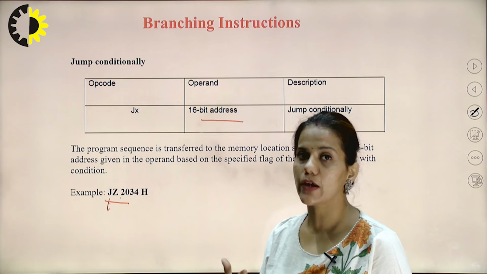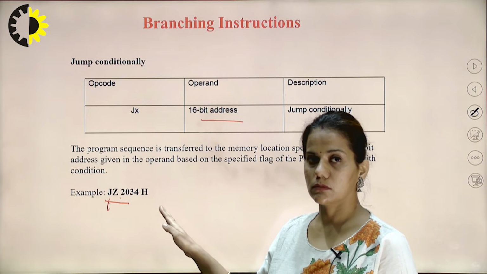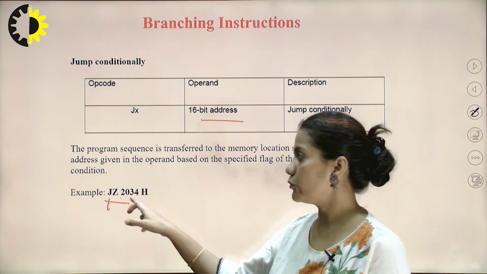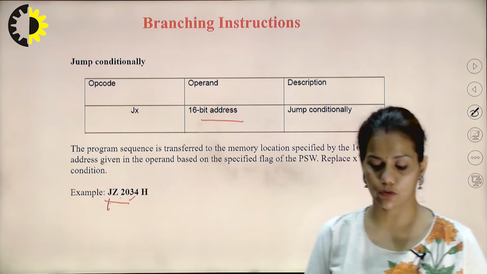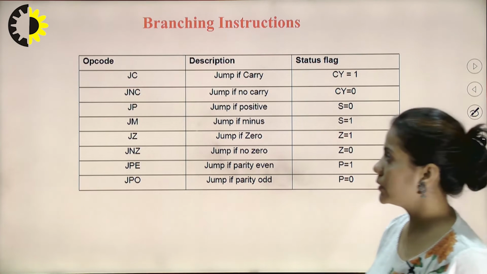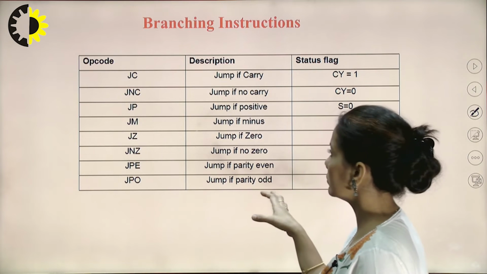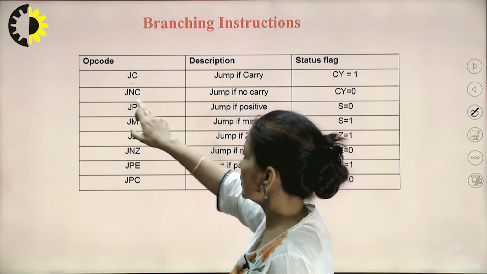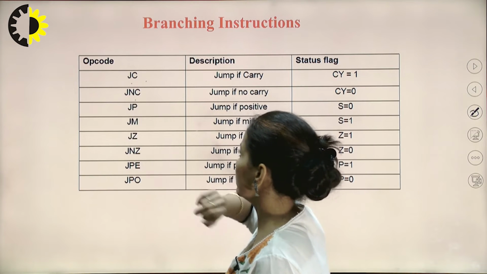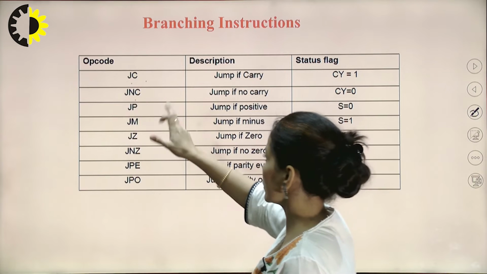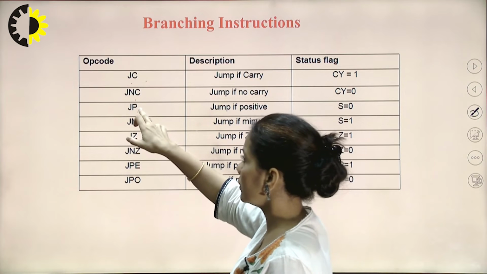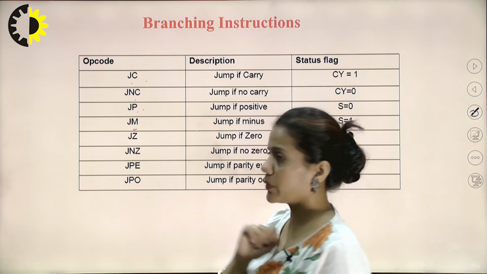So if the zero flag is set at the time of execution of this instruction, then the control flow will move to 2034. Similarly, other conditions are mentioned here. Jump if carry flag is set, jump if no carry, that is jump if carry flag is not set, jump if number is positive, that is the sign bit is 0, jump if number is negative, that is sign